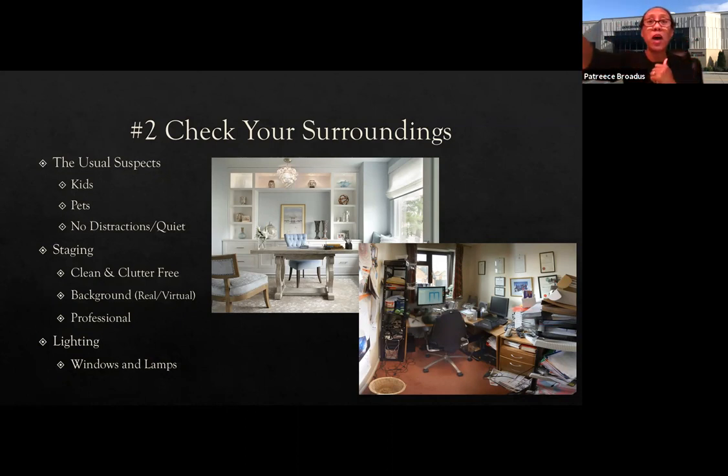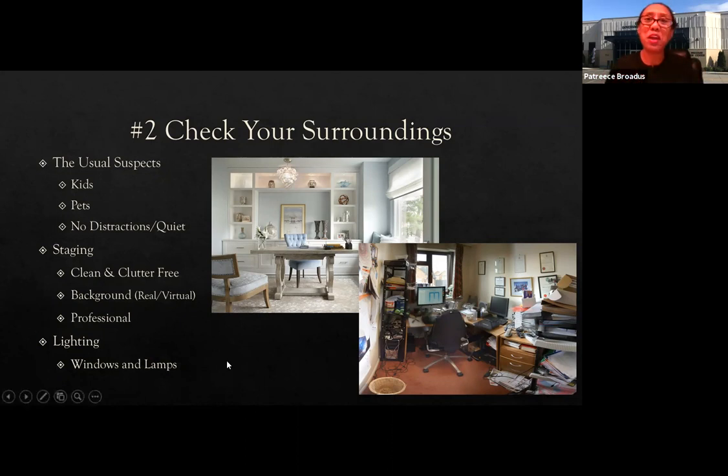If behind the camera is clutter, you've got boxes, etc., they don't need to know that. They won't know that. You want to make certain that whatever the camera is seeing is free of clutter, particularly if you don't have a virtual background that you can utilize.